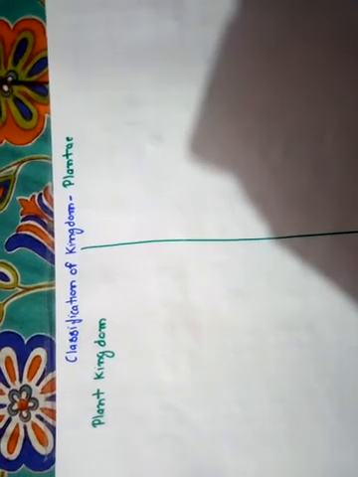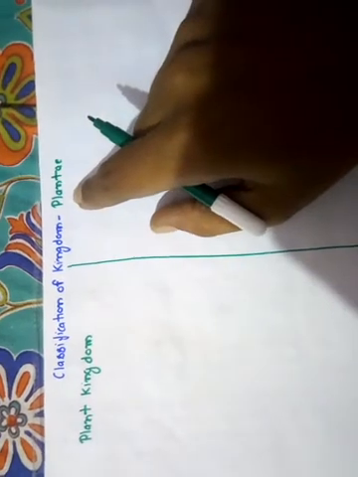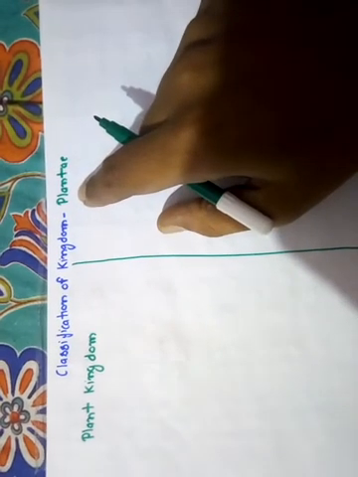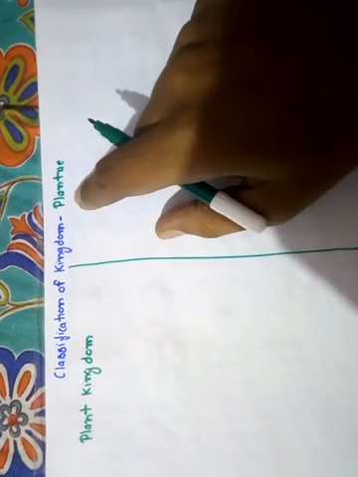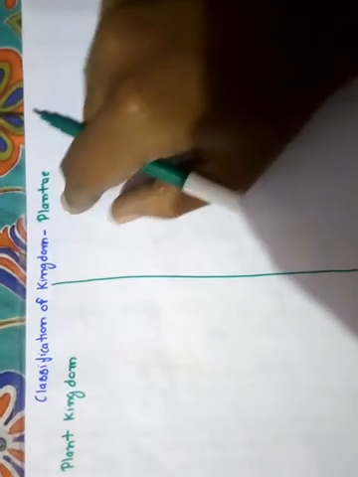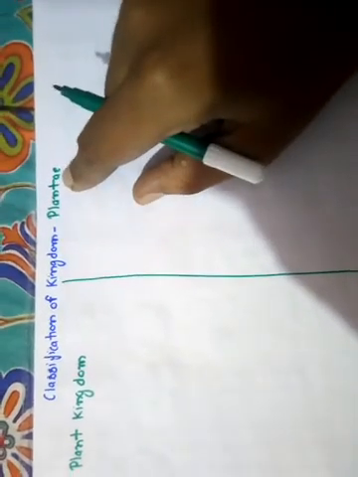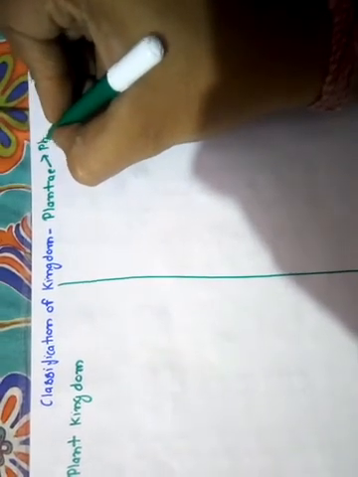I am Anshul Sharma, your biology teacher, and in this video tutorial we are going to discuss the classification of kingdom Plantae. As you know, R.H. Whittaker divided all living organisms into 5 kingdoms, and out of those 5 kingdoms, one of the kingdoms is kingdom Plantae, and I have written kingdom Plantae in green color, and the reason is very clear because all the members of this kingdom are able to perform